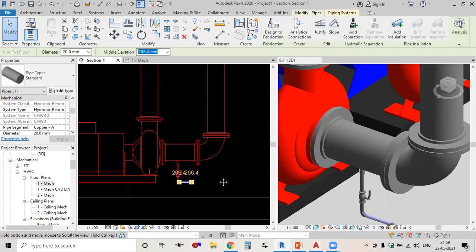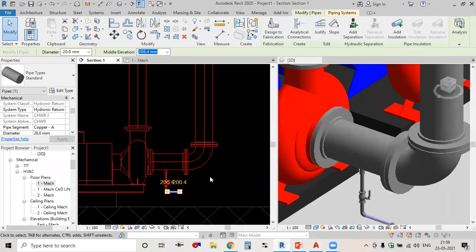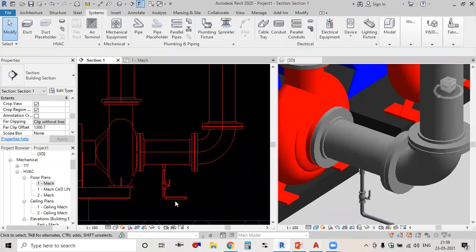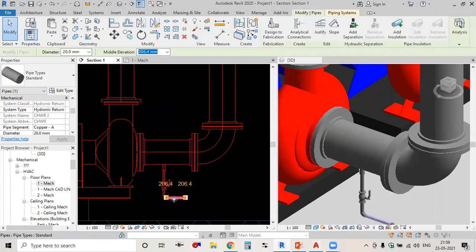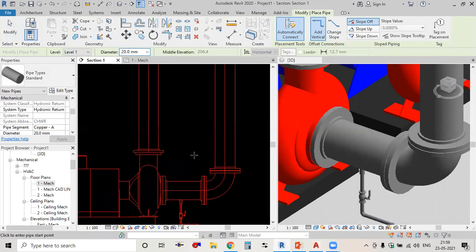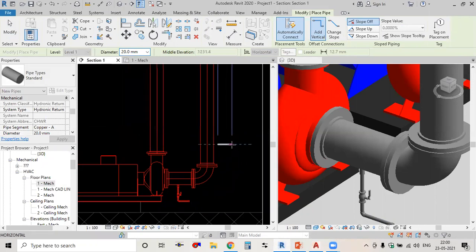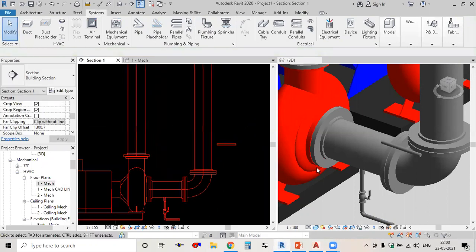Next we'll be placing the pressure gauge on both the sides. Same again, I'll select the same pipe, right click, create similar, or you can use the short key CS. So one I'll draw here so that it can be easily accessed, and you need to align this pipe with this main pipe. This is branch pipe.